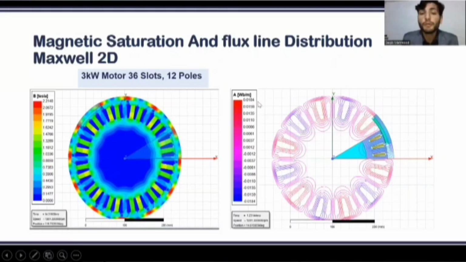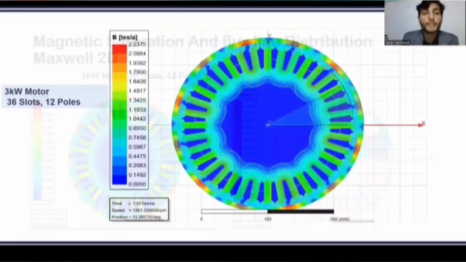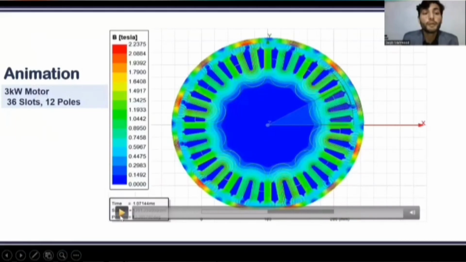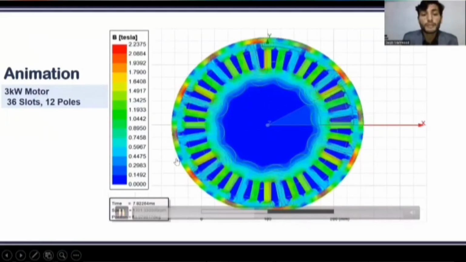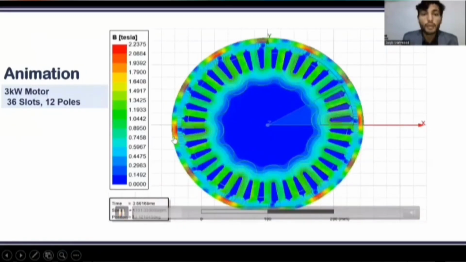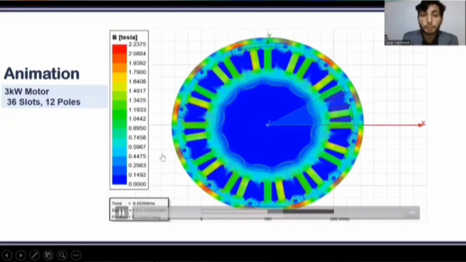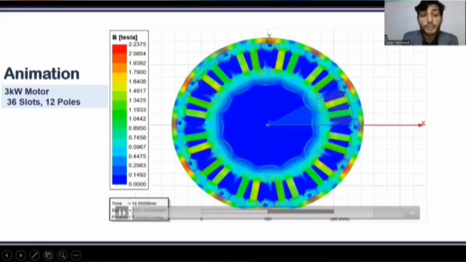And the maximum value of the flux line distribution is 0.0184 Weber per meter, which is highest of all the three models. So this is the animation of the 3 kilowatt 36 slot 12 pole motor. From this animation we can see that the motor is uniformly moving with constant speed